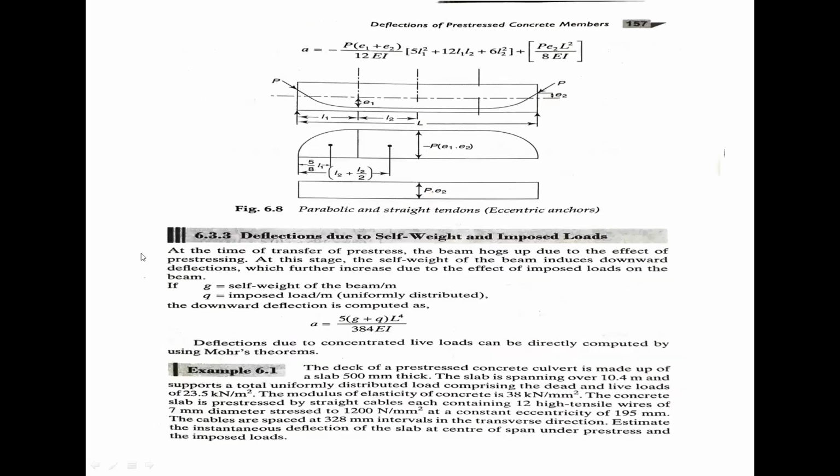Now, due to imposed load, I have to write the formula for deflection due to loads. The formula is delta equal to 5WL to the power 4 divided by 384 EI. This is the 6.33 deflection due to self weight and imposed load. Now both conditions have to be taken in W. That means you have to substitute this W value and calculate the deflection due to loads, a load applied just like an imposed load under self weight.